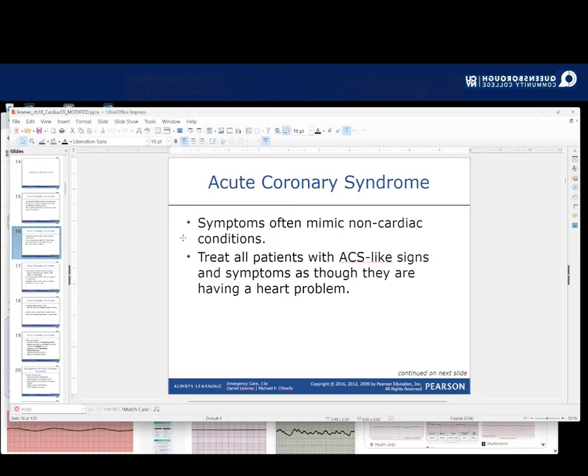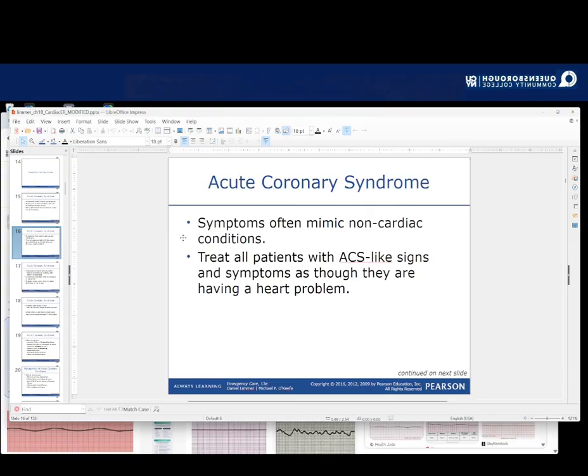So it's not the patient's fault if they feel a certain thing and they think it's not a heart attack when it turns out it is, or when they think it is a heart attack when it turns out it's not. So there's a lot of misdiagnosis going on, and even doctors can do it,